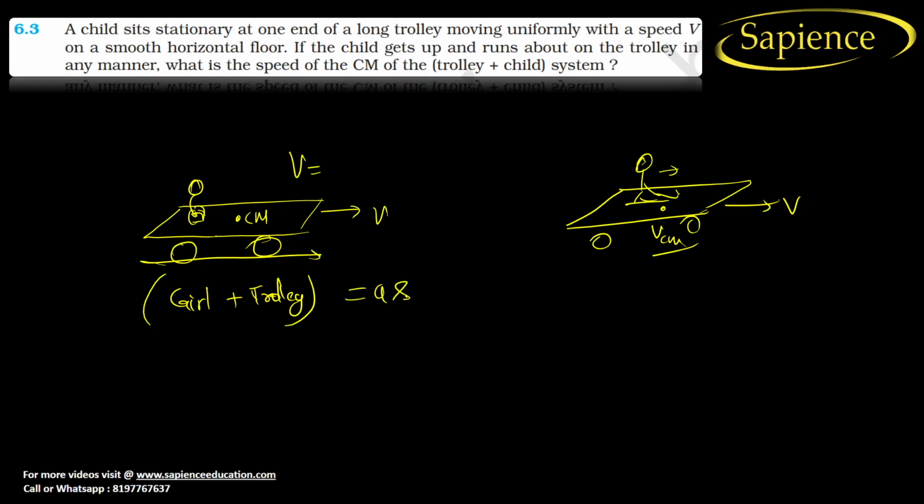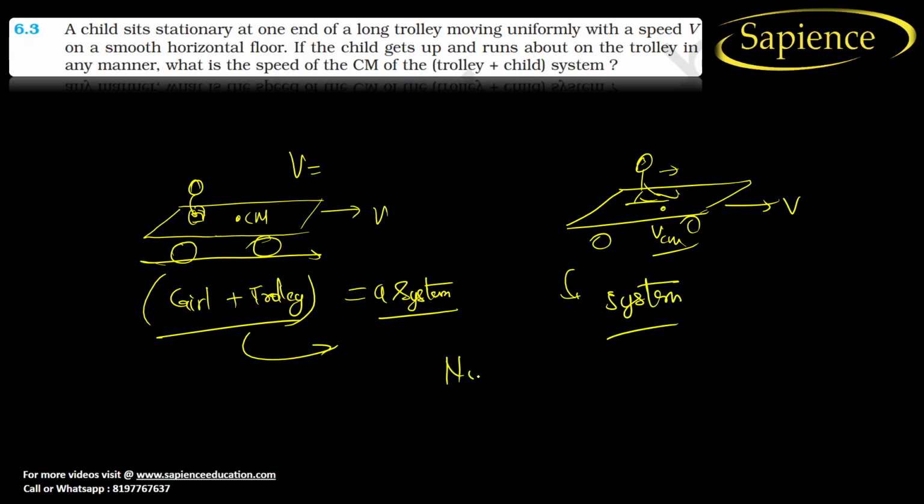is a system. It is not a different system. It is a single system. So when she runs, then also it is a single system only. If it is a single system, there will be no effect. Why no effect? Because